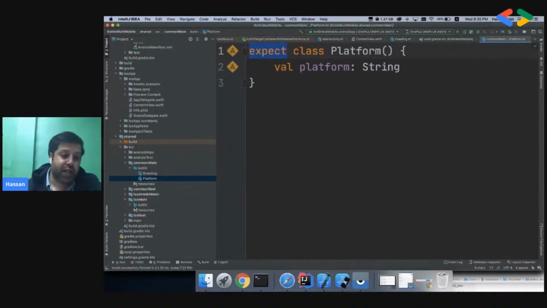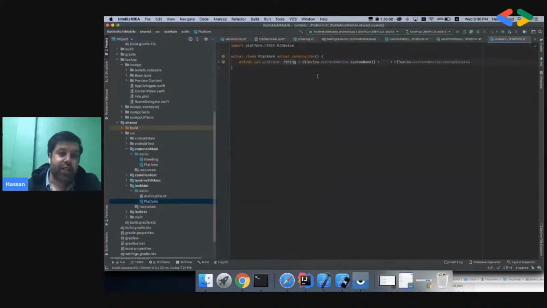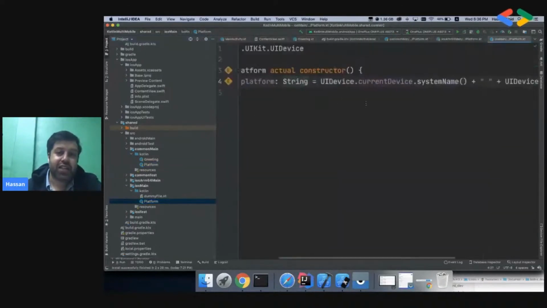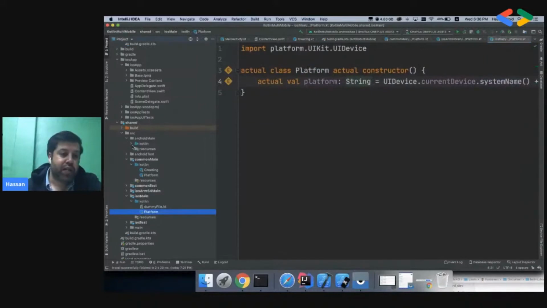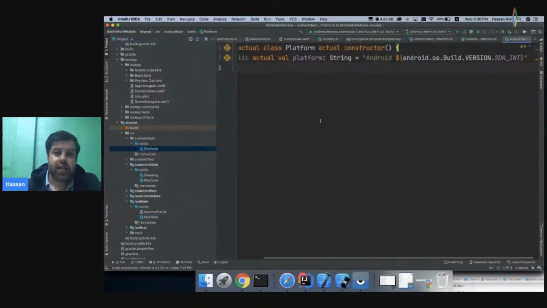Then I will show you how it is implemented in iOS. In iOS, it's basically using the UIDevice current device system name and system version. On Android, it's using something like this kind of version of the SDK.